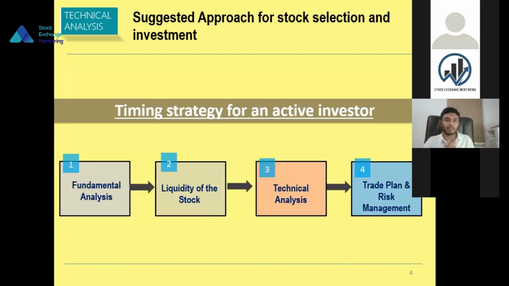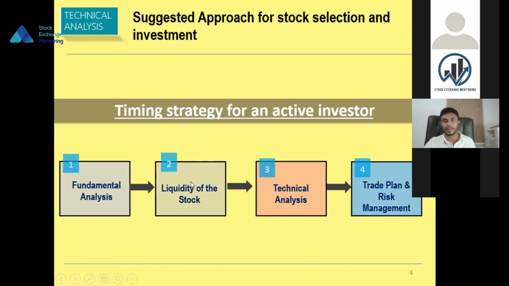So once you have done that fundamental analysis and you have understood the list of stocks which have that fundamental strength, you can filter those stocks to focus your universe. So that will be your universe to focus. Out of those 280 plus stocks, let's say you find about 50 fundamentally strong stocks. Then out of those 50 stocks, maybe not all are liquid enough to trade. Liquidity is how fast you can buy and sell those stocks.